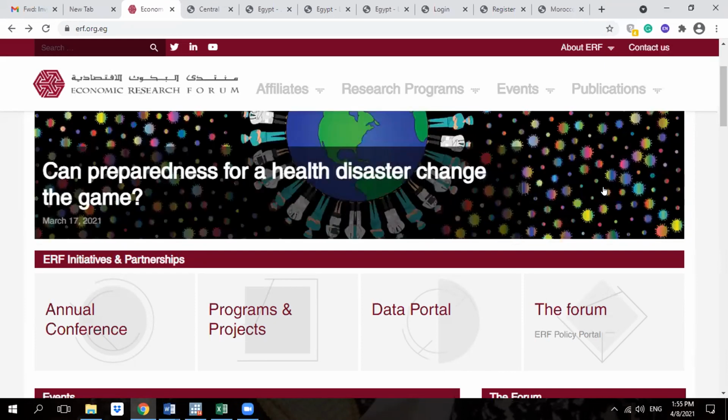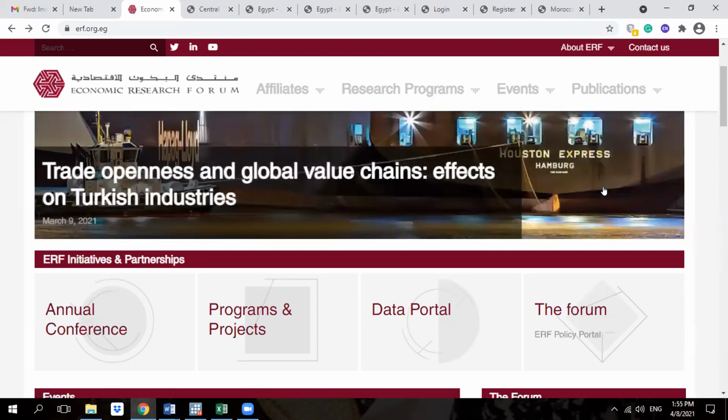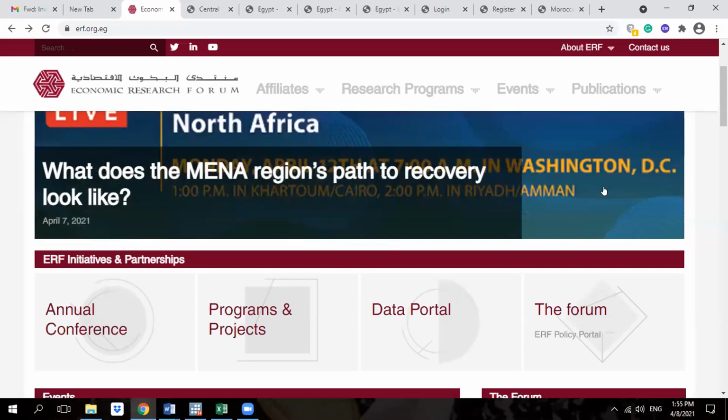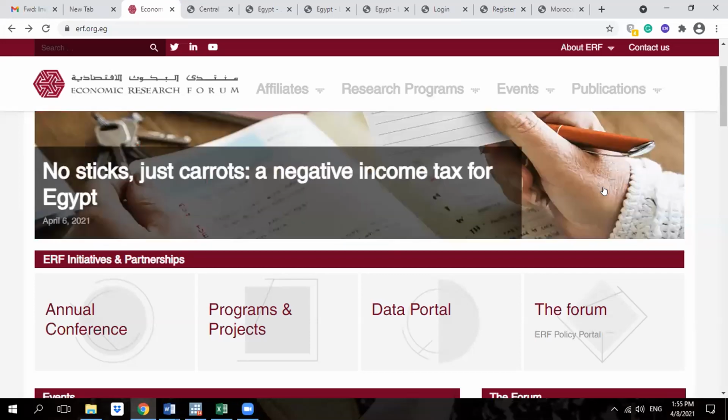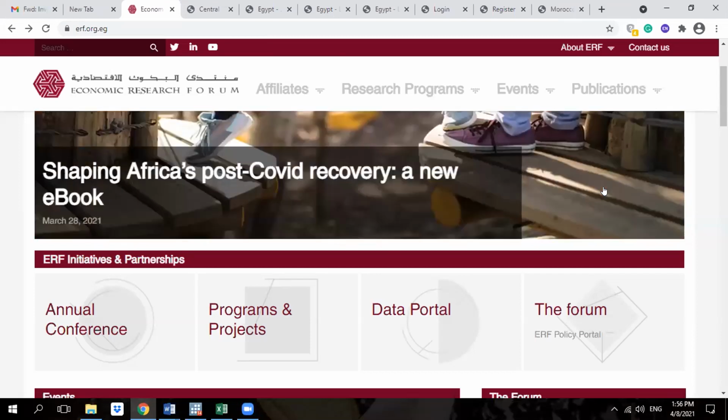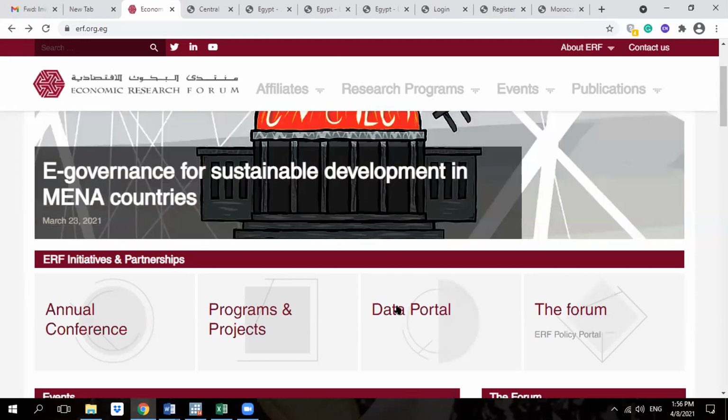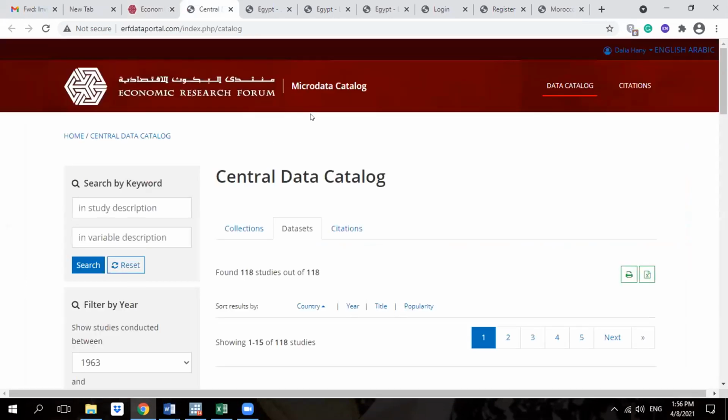This is the ERF website. You can take a tour of the ERF website. It has papers that ERF published before, which may help you in your research in general. But if you are interested in the ERF data portal, you can just click on data portal, and this page will open.